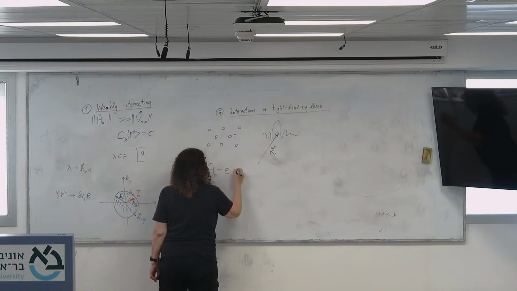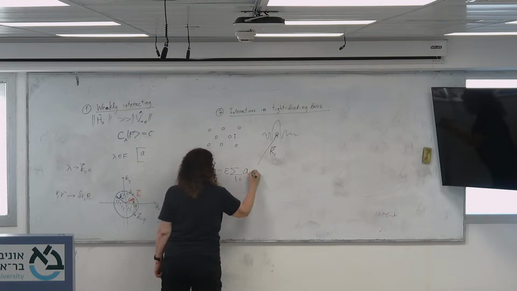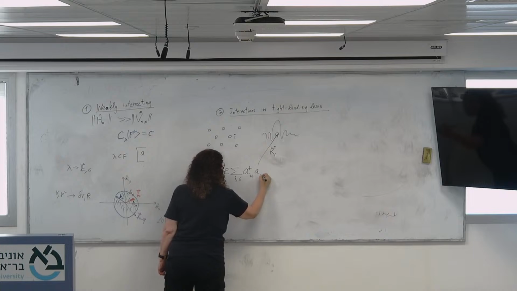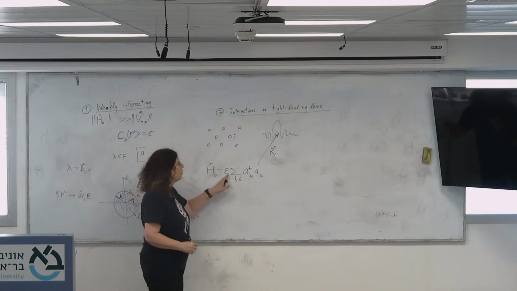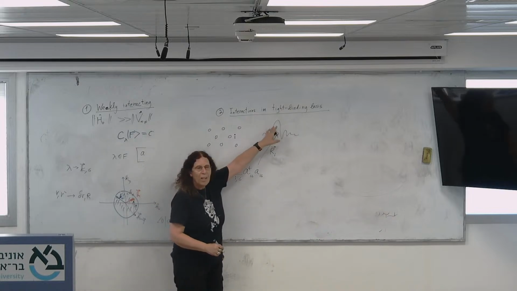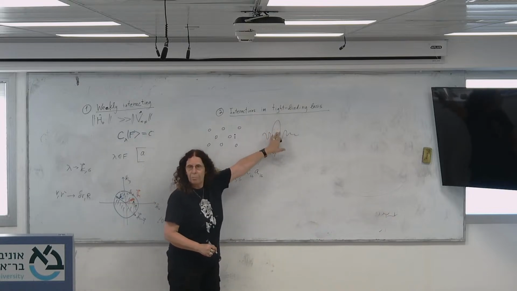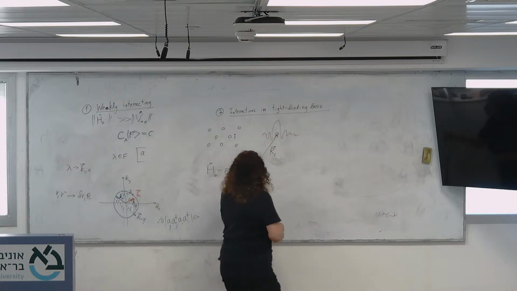epsilon, let me write it like this, sum over i and sigma of a dagger i sigma, a i sigma. This epsilon is an on-site energy. It describes basically more or less the atomic energy. And plus